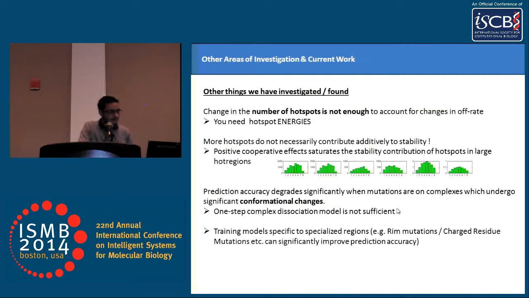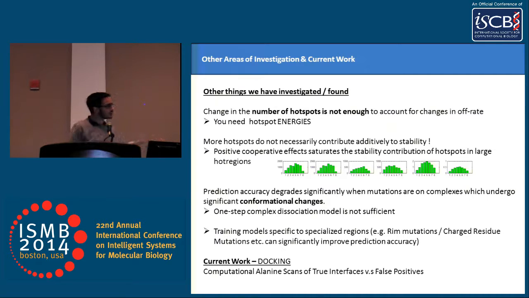And if we train models, instead of the whole data set, for example, instead of the whole 730 mutations, we train models specifically to regions, to core region mutations, to rim region mutations, we can improve prediction accuracy. And as current work, what I'm working on now is using that same idea, making computational alanine scans